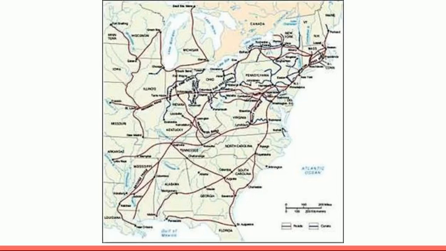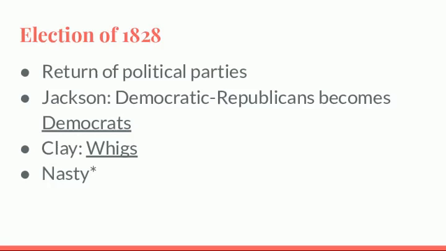So what ends up happening is that the American System really benefits the North. Make sure you know that it benefits the North. The North gets that massive benefit of being able to have all those different roads, and of course, this is going to benefit northern bakers and different things like that.